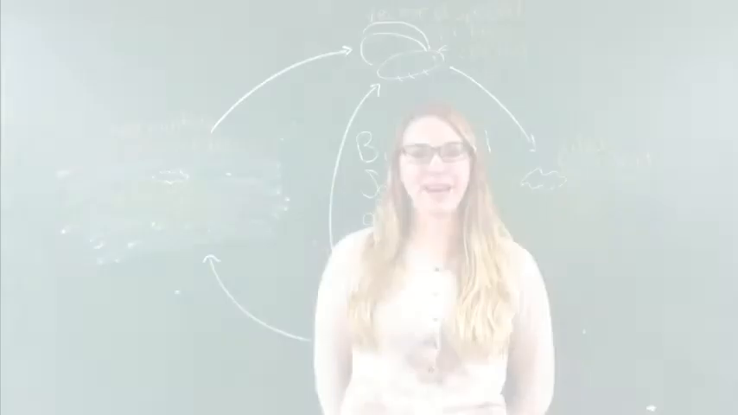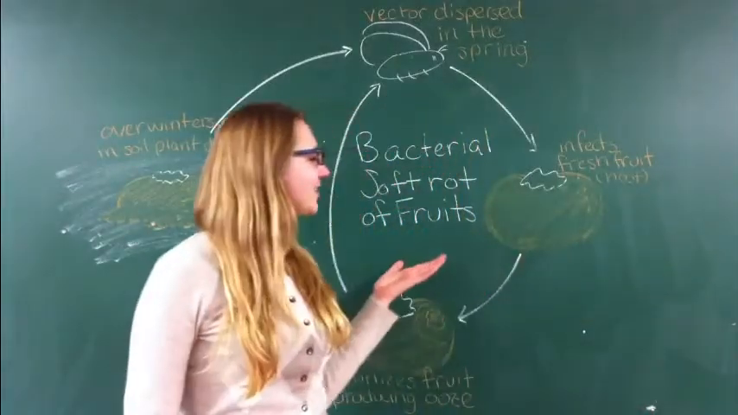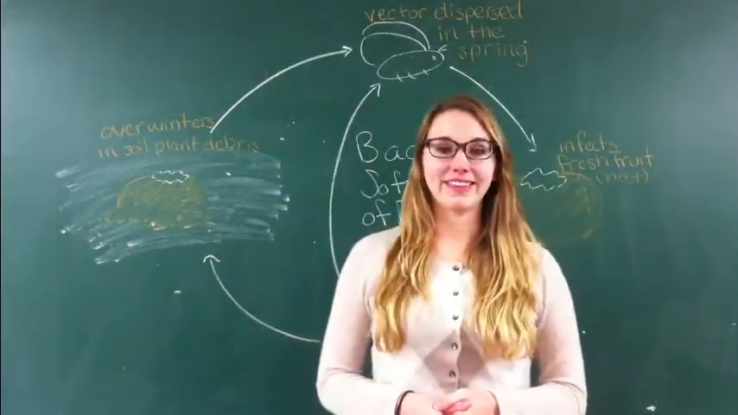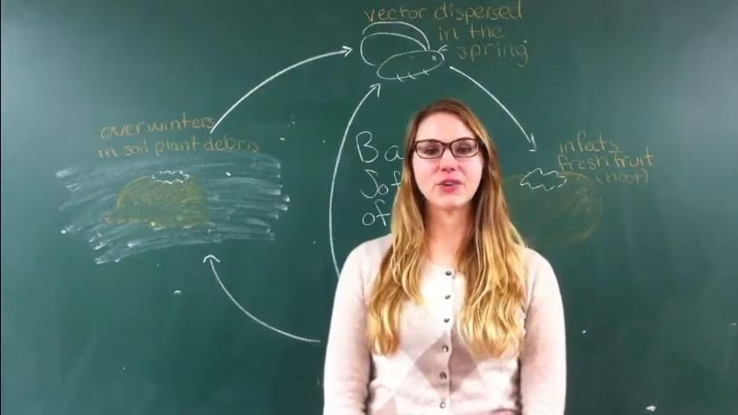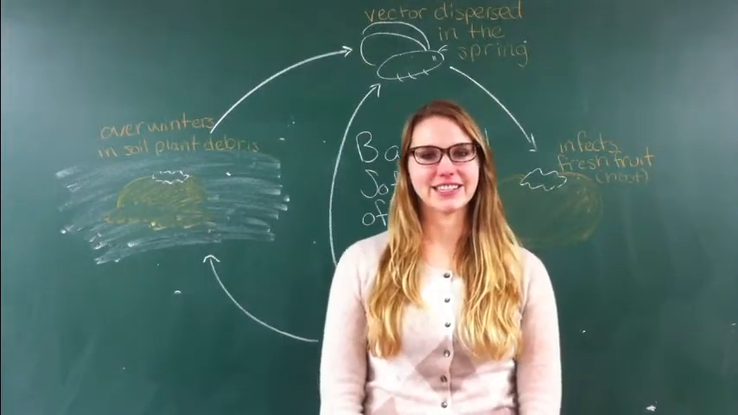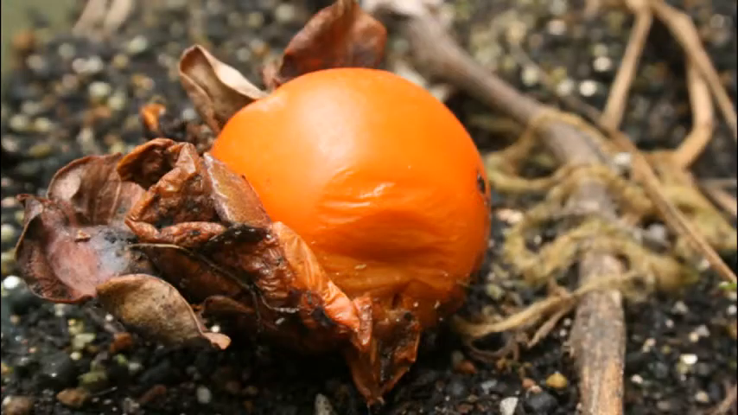What I have here is a soft rot of fruit, which is often caused by Erwinia, Pectobacterium, or Pseudomonas. The bacterial soft rot of fruit enters a host through wounds, where it can then produce enzymes to degenerate host tissue and infect. The bacteria overwinter in plant debris in the soil and will appear again in the spring when